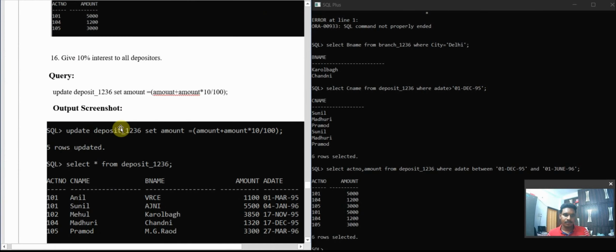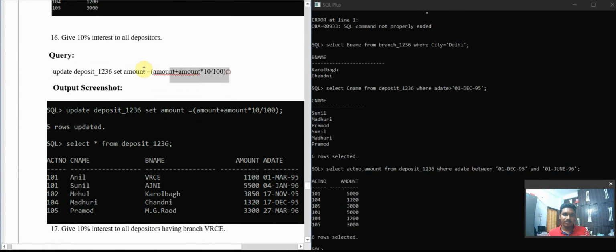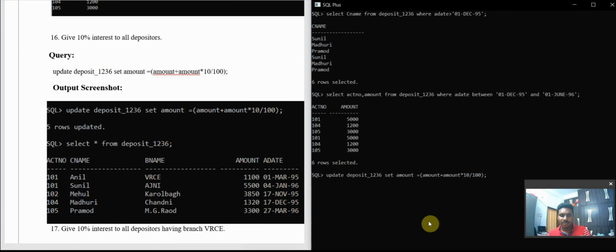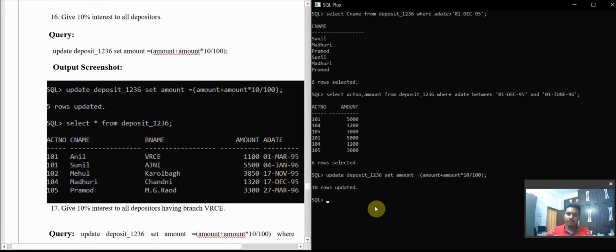Now let's go for the 16th question, update the amount. We need to update the deposited amount into these things. So 10 rows have been updated. If you want to see this,